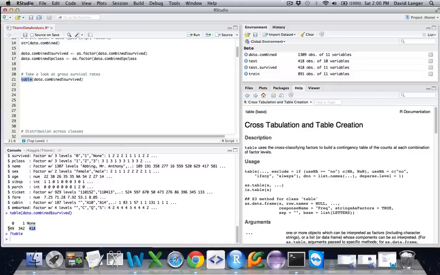So the first thing to note, as you would expect if you know anything about the history of the Titanic, is that the data is a little bit skewed. More people did not survive than did survive. In fact, pretty close to twice as many people perished as survived overall.